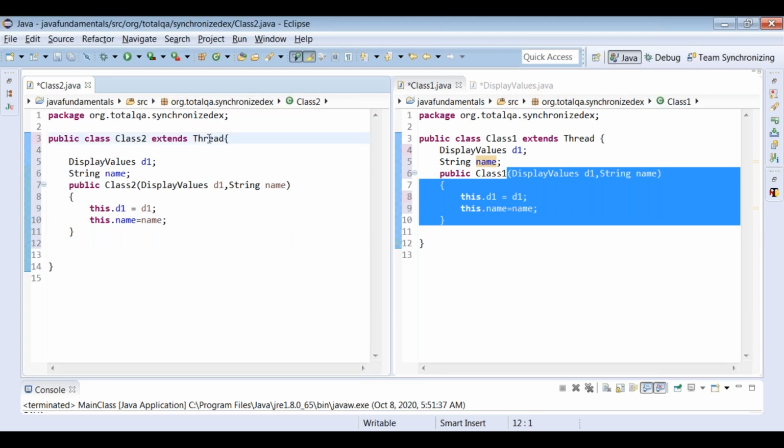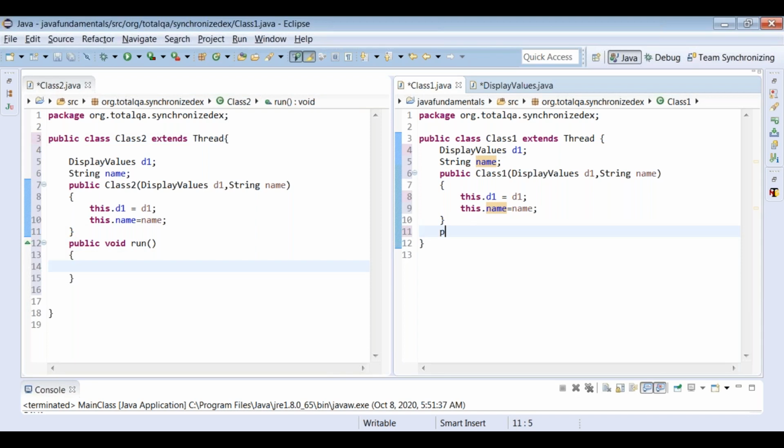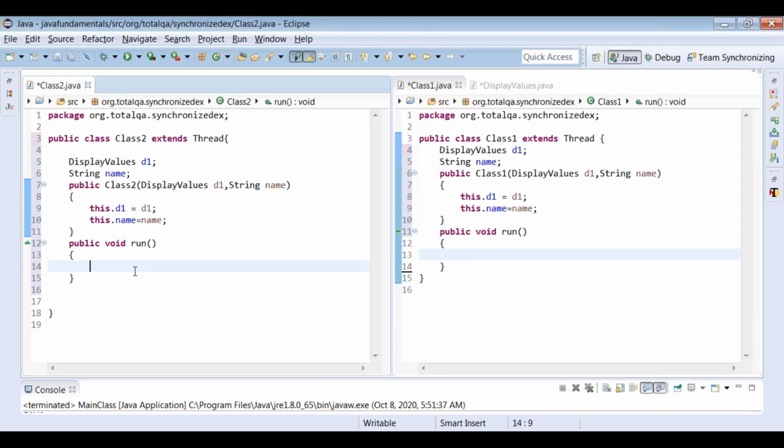Now, as I said, whenever you have a thread as a class, we have to override the run method, public void run. I'm also overriding the run method here. In the run method, as we got d1 as an object, d1.display, in Class2 give Java.